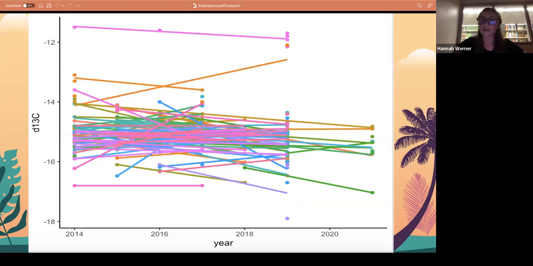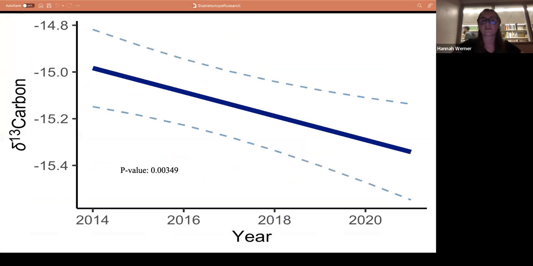Then going to the carbon, again, this is how we fit our linear mixed model. We had this raw data set where we had these crazy lines going throughout. Each individual line is an individual turtle with their own y-intercept and their own slope. So looking at this, you can't see a specific trend. You're not able to make an inference from it. So we're able to refine that and produce a model fit, and that gives us this clean carbon graph that shows a decline over time.